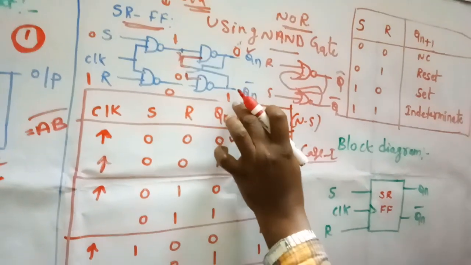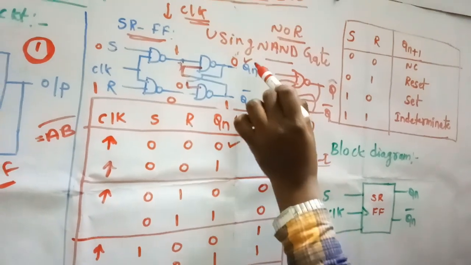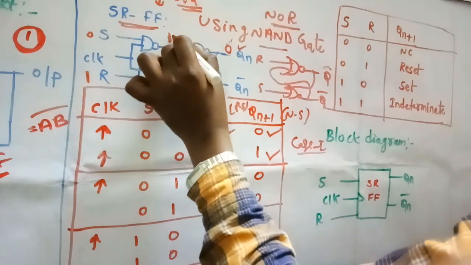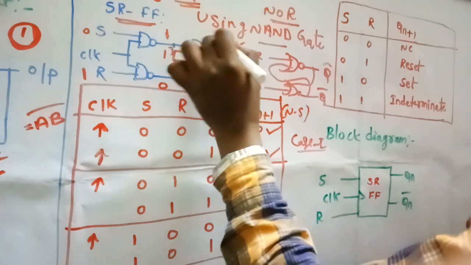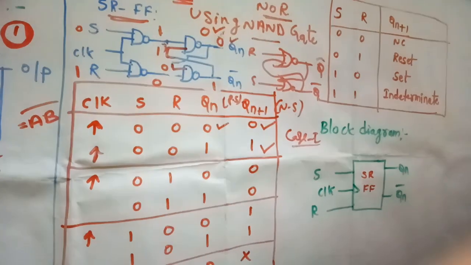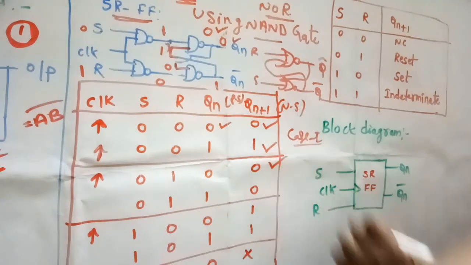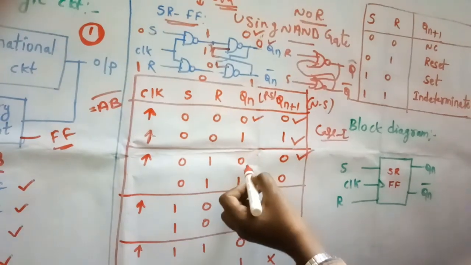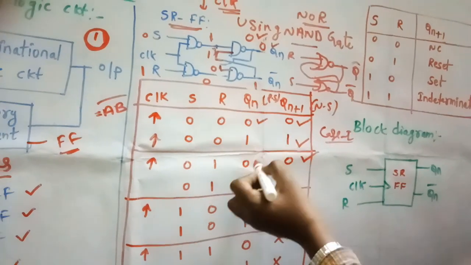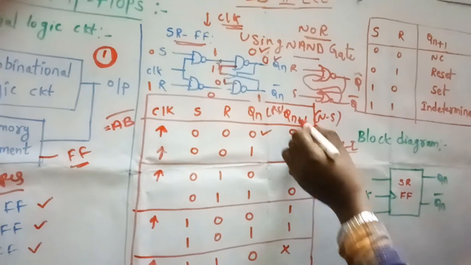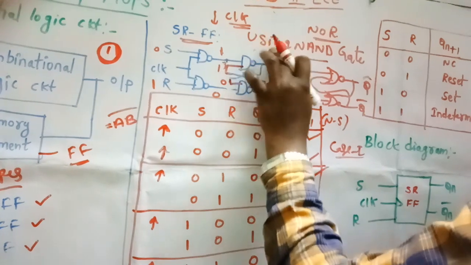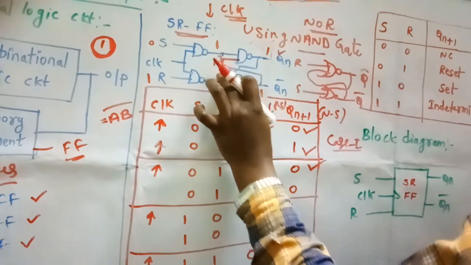This is not our final output, remember that. Qn is our final output, so 1 comes here. Again 1 into 1, already 1 here we have, 1 into 1 is 1, 1 bar is 0. The next state is 0. For 0, 1 input, if present state is 0, that is Qn is 0, then the next state Qn plus 1 is 0.